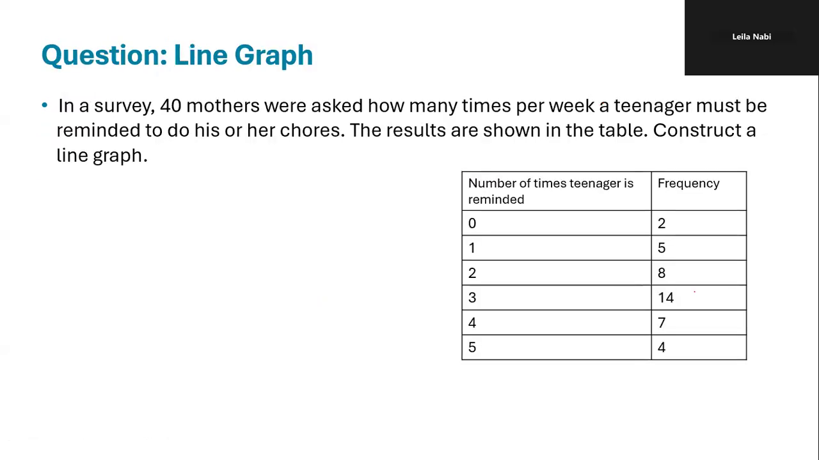Okay, let's create a line graph for this table. This table shows the result of a survey: 40 mothers were asked how many times per week a teenager must be reminded to do his or her chores. The results are in the table. As I said, we need two axes, the horizontal axis, which is usually the data, and the data in this example is the number of times a teenager is reminded,